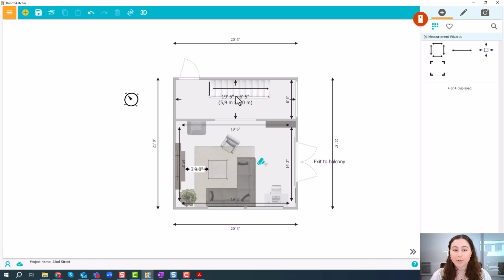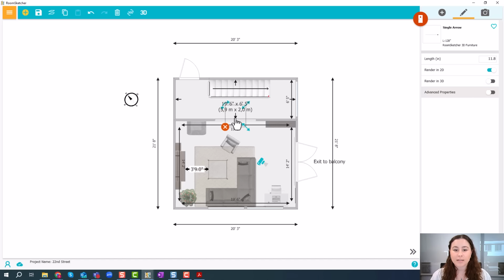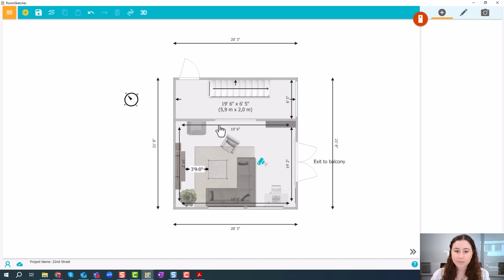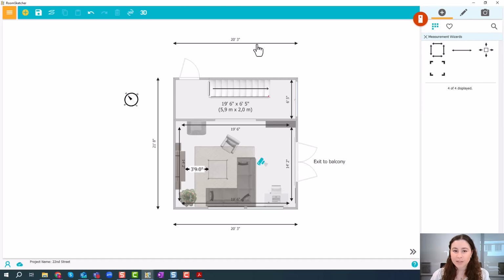For example, with the room dimensions, I just want to move that down away from the stairs. I also don't feel like I need these arrows, so I will just delete those. And then I only need the 2 measurements in this corner, so I will just delete this one and this